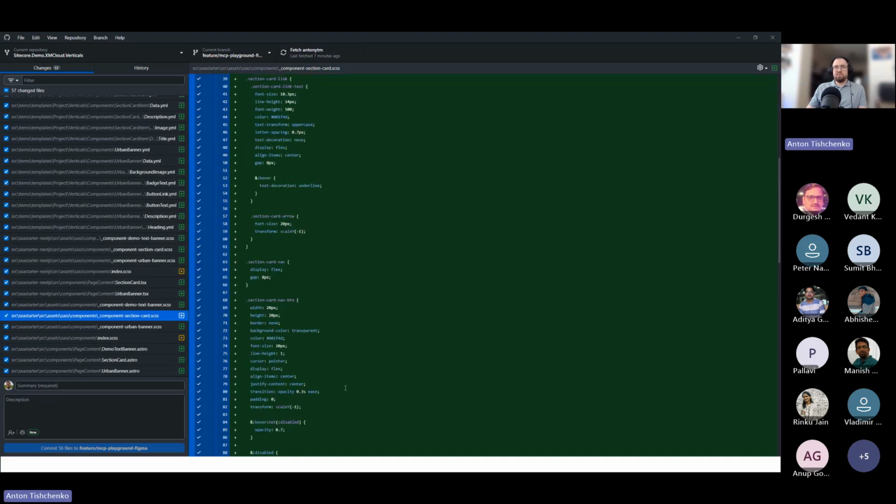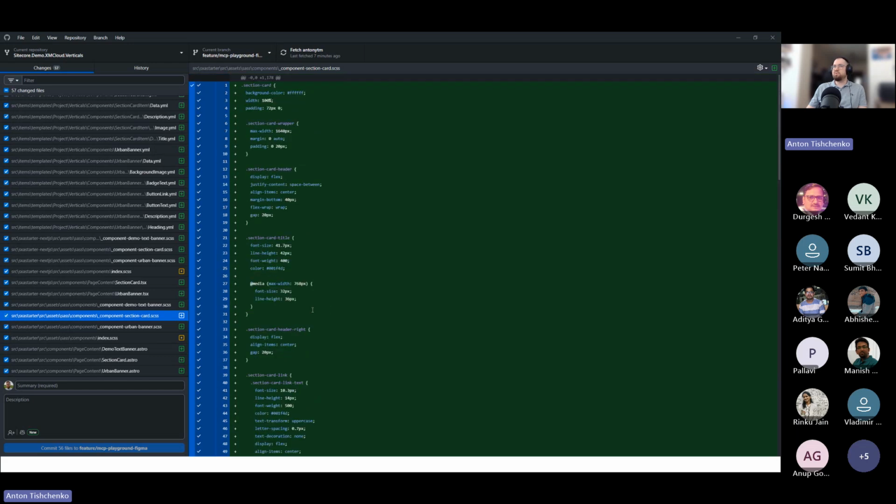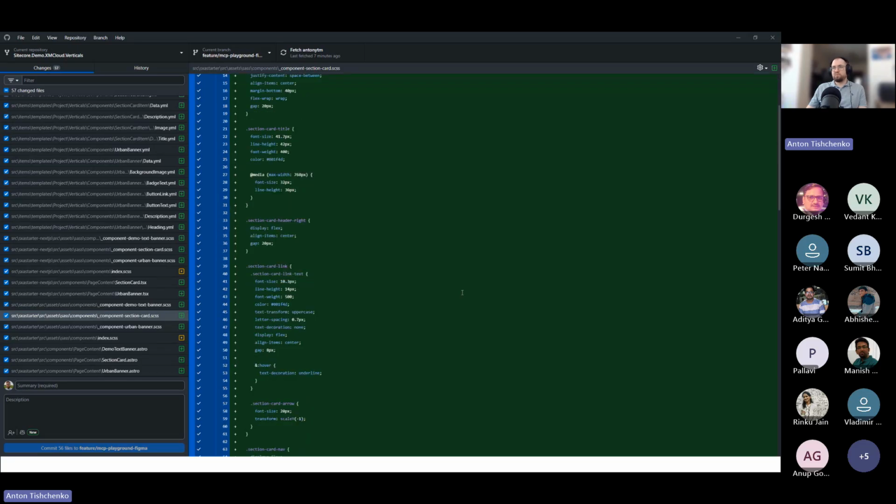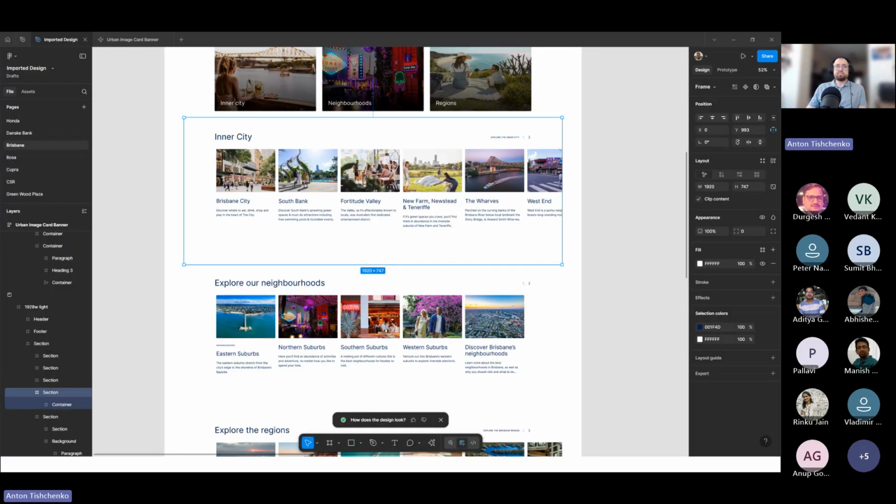If you have your design system in place with a description of buttons, a description of font size, then this code will be much better. And about the second part of the question, about Tailwind or anything else, for an AI agent